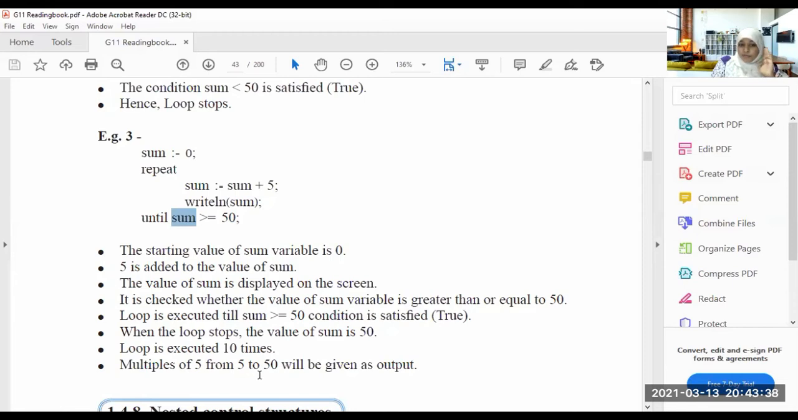Multiples of 5 from 5 to 50 will be given as outputs. So 5, 10,